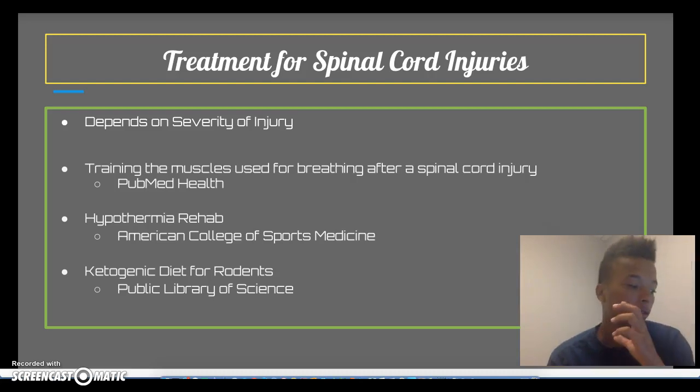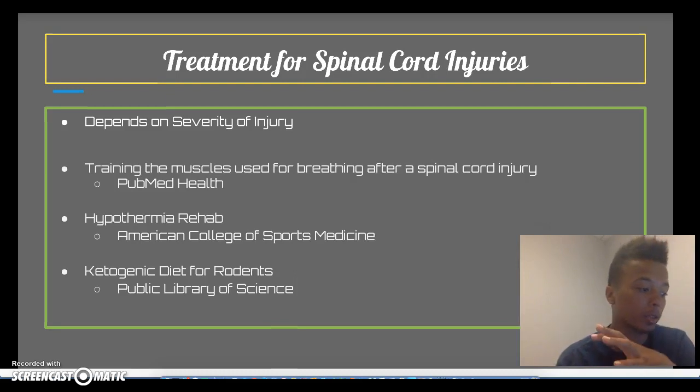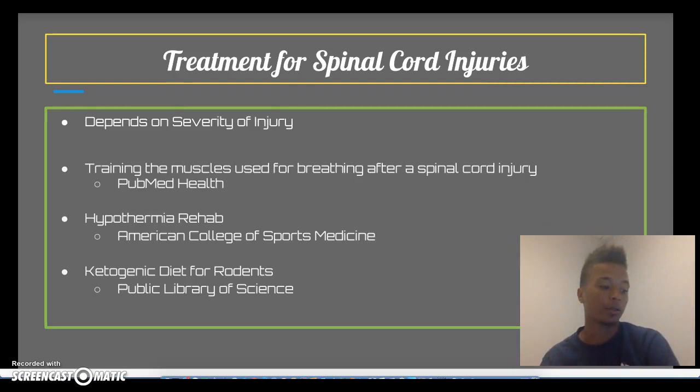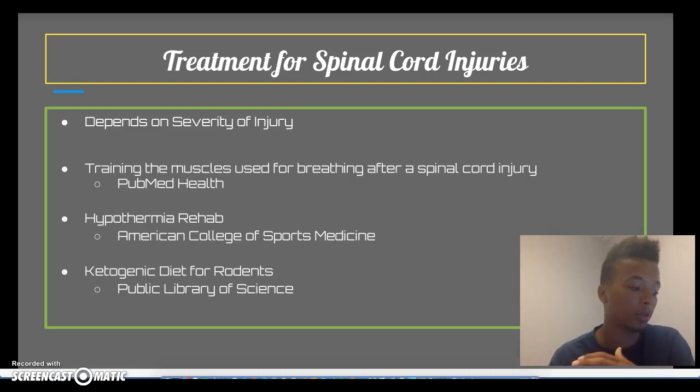In this article, the ketogenic diet for the rodents with spinal cord injuries helped forelimb functional recovery. It was evaluated for 14 weeks and it improved functional recovery. Also, it improved pellet retrieval with recovery of wrist and digit movements. Importantly, after returning to the standard diet after 12 weeks of ketogenic diet treatment, the improved forelimb function remained stable.